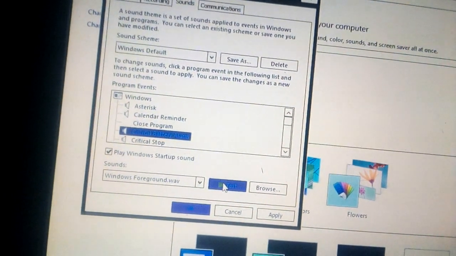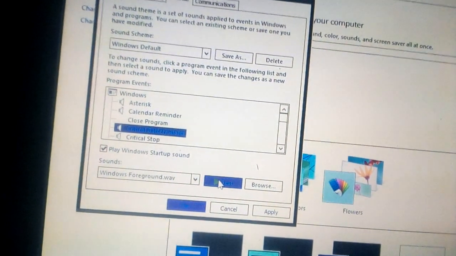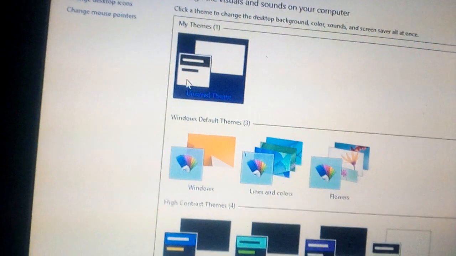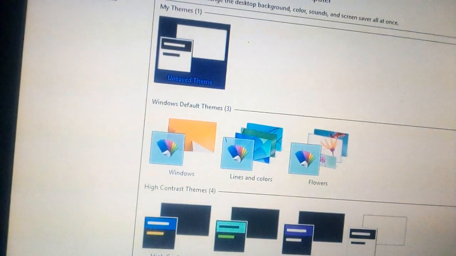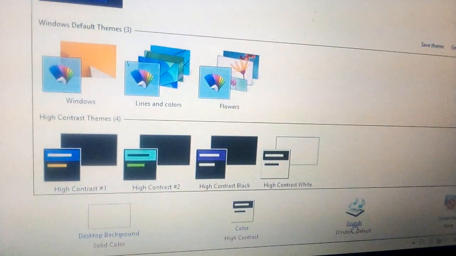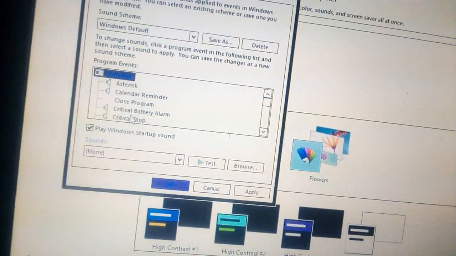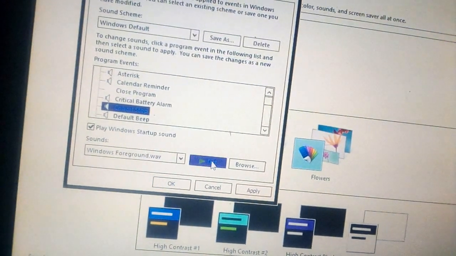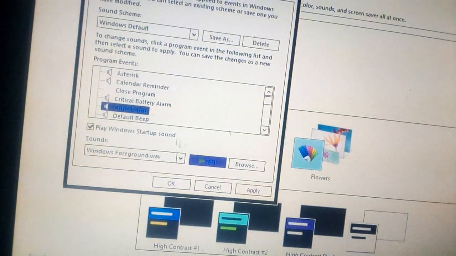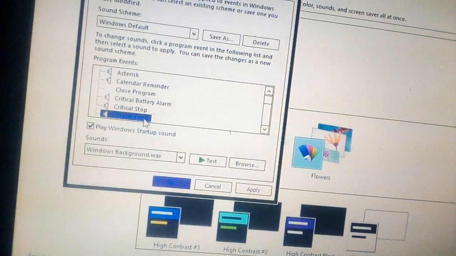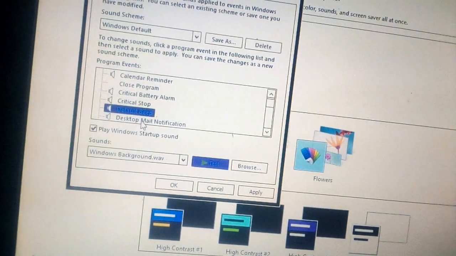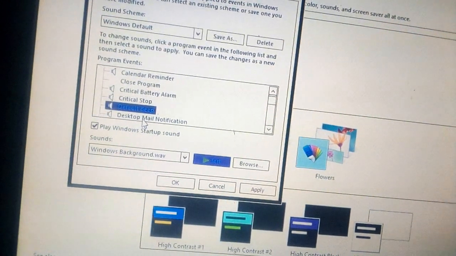Once again we will check the new sound. It is written default beep. Desktop mail notification.